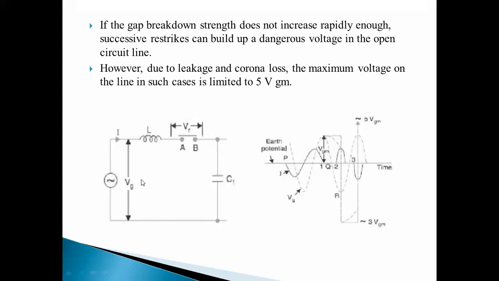Okay, so this is the circuit. Here Vg is the generator voltage, then L is the inductance, and this AB is your circuit breaker. Means A and B are the points, and VR is the voltage across this circuit breaker. Okay, across this circuit breaker means